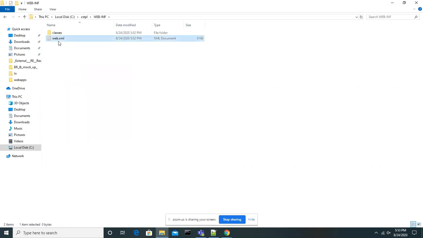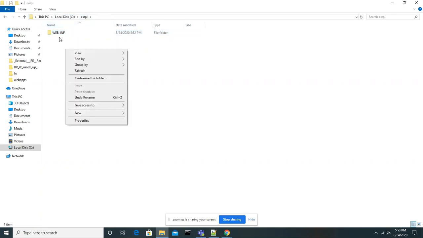Let's try to understand the structure of the web application. Project folder. Under the project folder, WEB-INF, all capital. Under that WEB-INF folder, classes and web.xml. Outside of this WEB-INF, that means under the project folder, you can keep any resources.